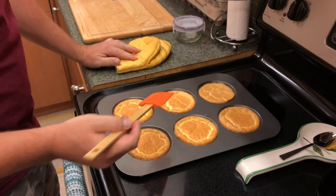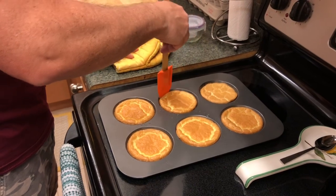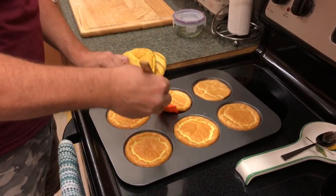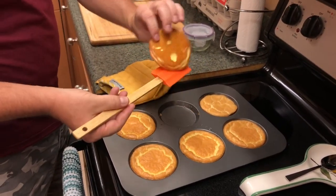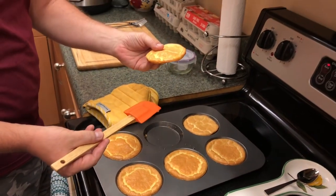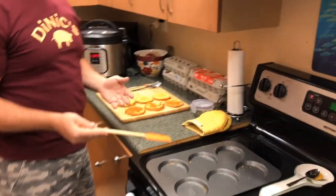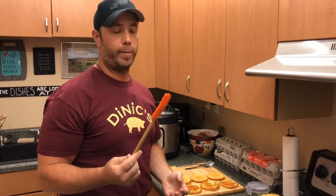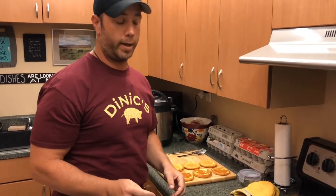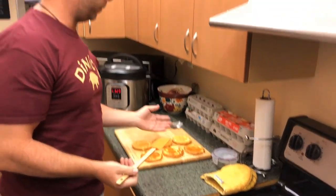If they came out correct, these things should just kind of pop out on their own. But you can see we had a little bit of sticking here. But for the most part, that's what it's going to look like. So I'll pop them all out and then we'll see how they look. Okay, I've got them all out here. So it's kind of important. Once your baking time's up, like I said, about 15, 16 minutes, pull it out. Maybe use a rubber spatula, something that's not going to scratch your pans. And these things are kind of delicate, so you want to kind of poke around, slide them out,